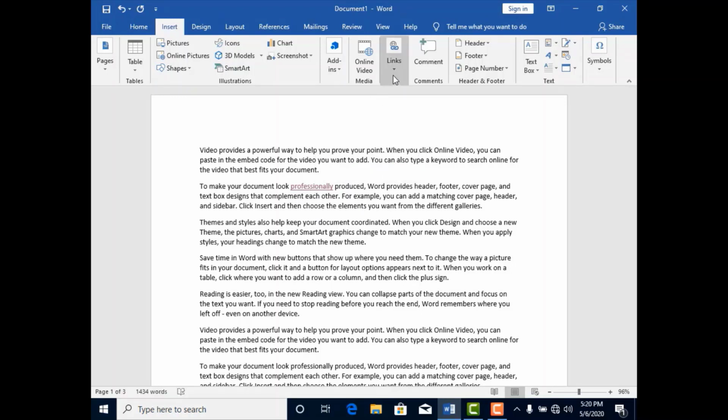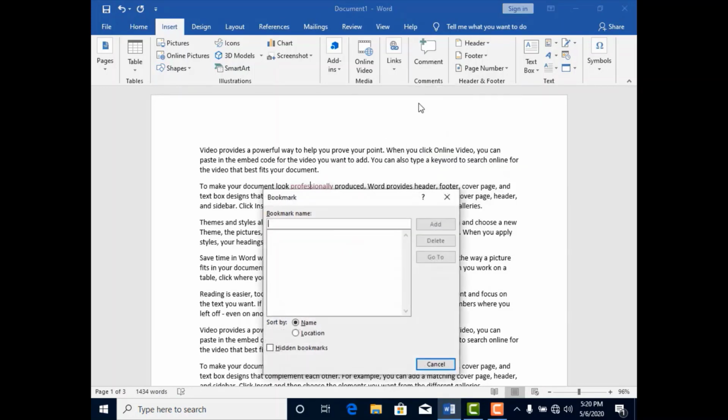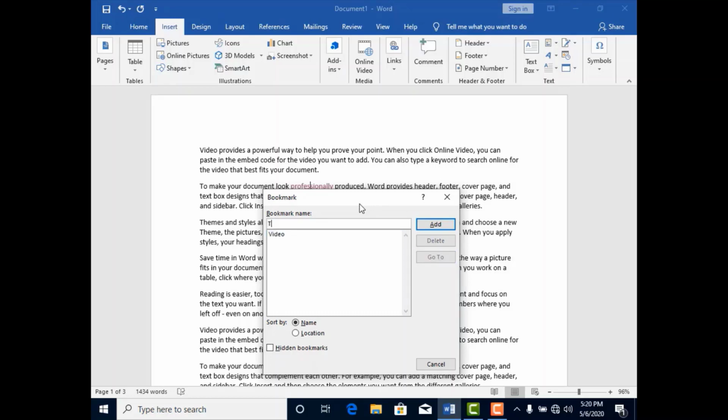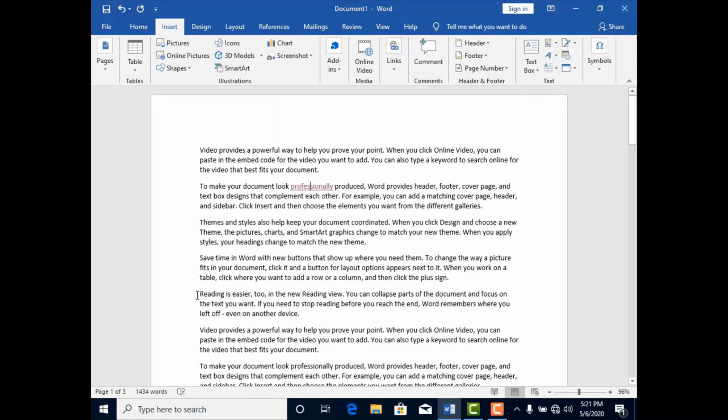The next one is add bookmark. Here add the words, and these words will open for you. For example, let's see, I want to add this word here, video, and then add. The next word that I want to add, themes, add. The next word, for example, reading, this one, reading,